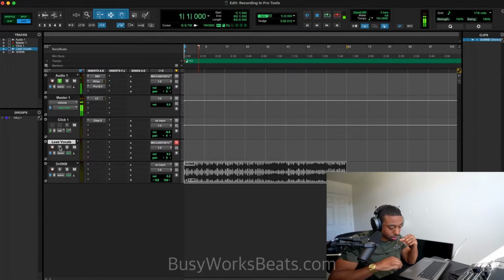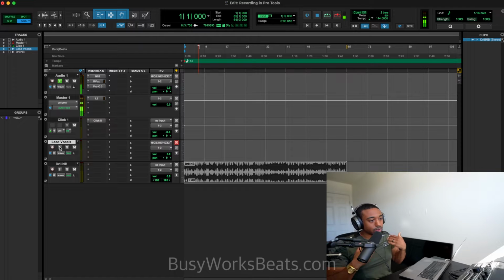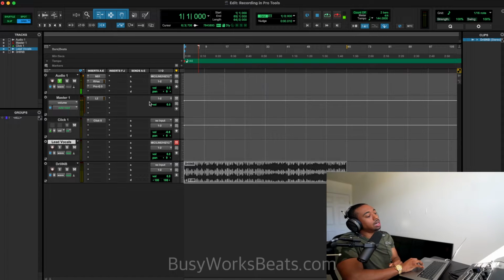Now, I don't recommend you record with a noise gate on to get rid of all the background noise as you record. I just say record as is. And you could always use that stuff post-process. Now, in Pro Tools, when you're recording, it's going through plugins, but you could always turn the plugins off. So if you ever record and you want to turn a plugin off, you could always go back and turn off a plugin. That's the cool part about Pro Tools by default.